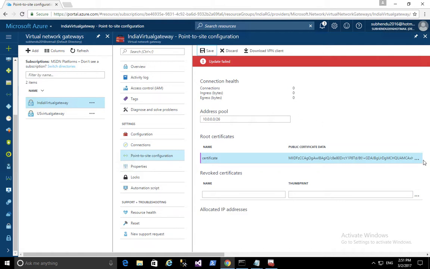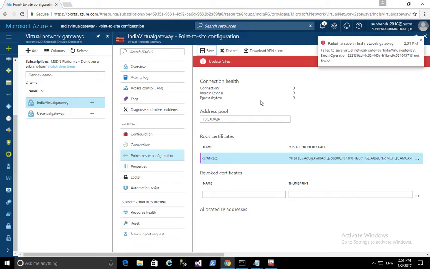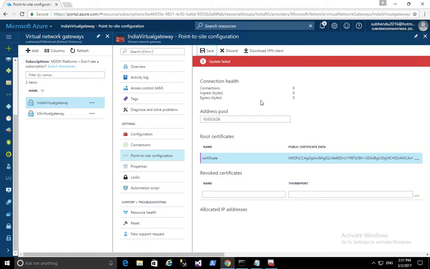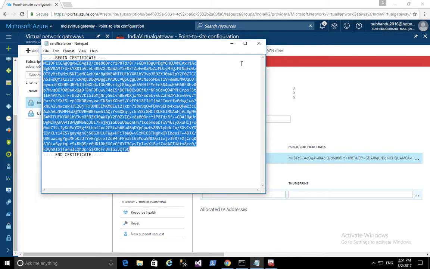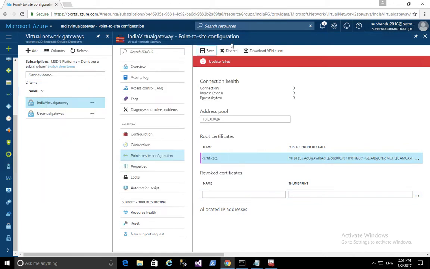Okay, so here I'm trying to save the same certificate twice, that's why it's facing a problem.